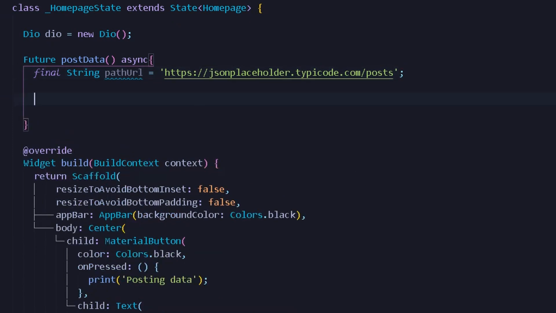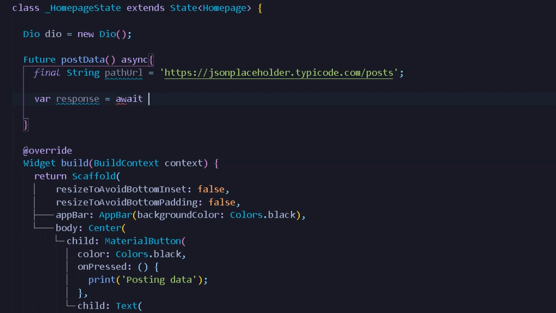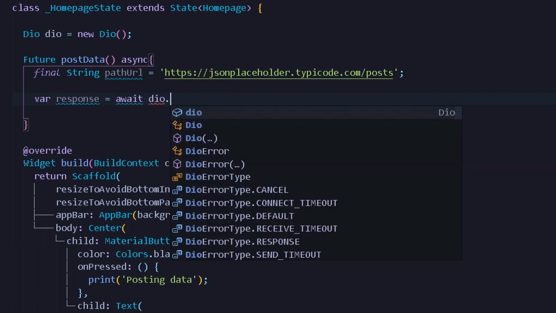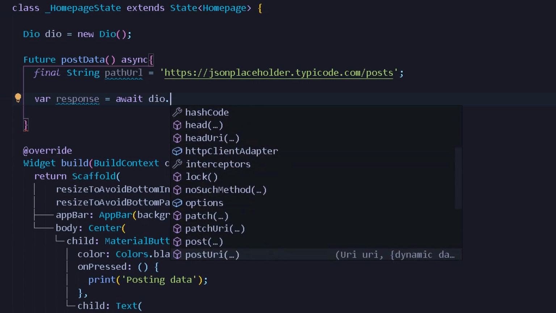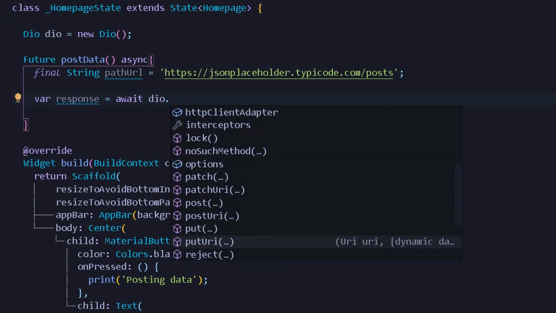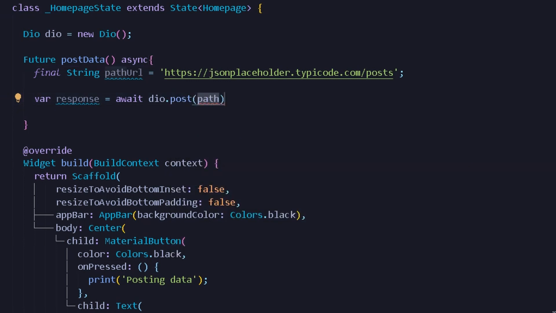Now after getting a path from the following REST API, we can do one thing, that is create a new variable for the response that we will be getting after posting the request. So under this response I can await the Dio package. So here I will write await dio dot, and after pressing dot you can see all the methods that the Dio package shall be providing us. Now here you can see all the methods that we will be requiring, which is post. It will also provide us external packages and dependencies over the interceptors, which we will be requiring in our further tutorials over handling all the errors to the REST API. But for now we can move to post.